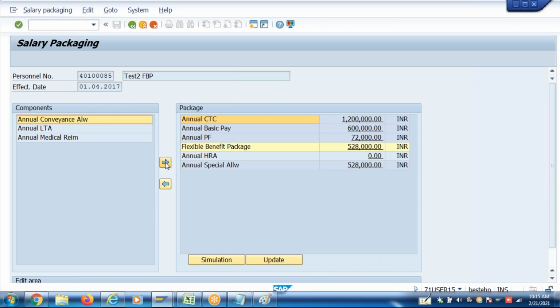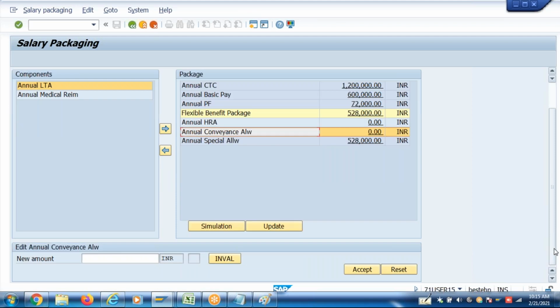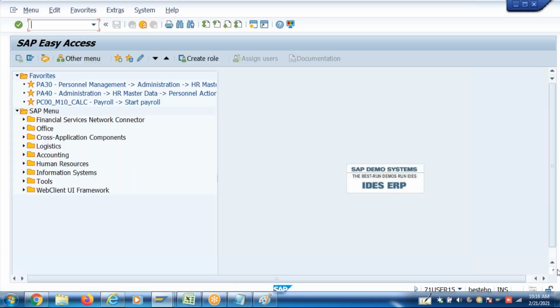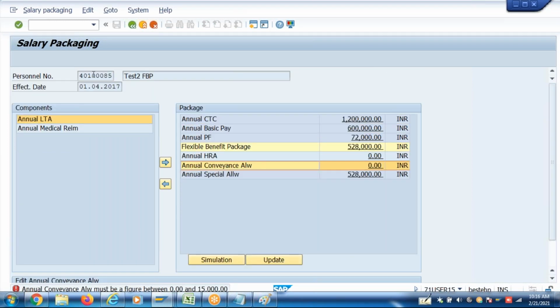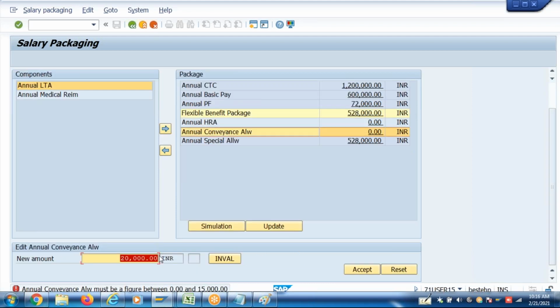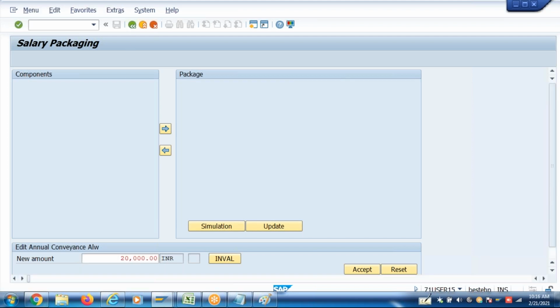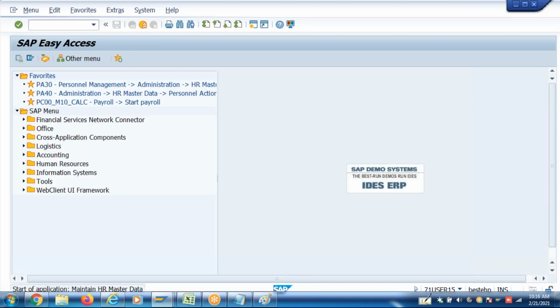So conveyance, these are managers. This guy is a manager. I'm trying to allocate 20,000 here. Why is it taking 15,000? This is a manager. No, sir, it's engineers. We have changed it in PA30. So engineers, yes, I changed it, right? So it is taking a limit of 0 to 15,000. Suppose if you change this to